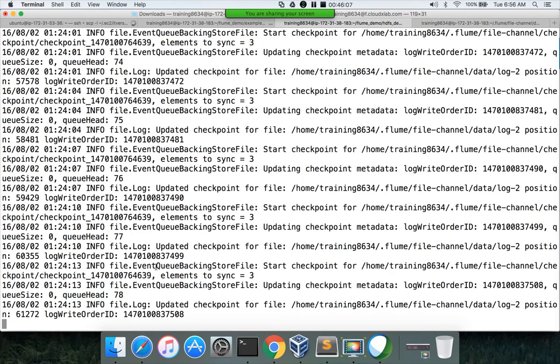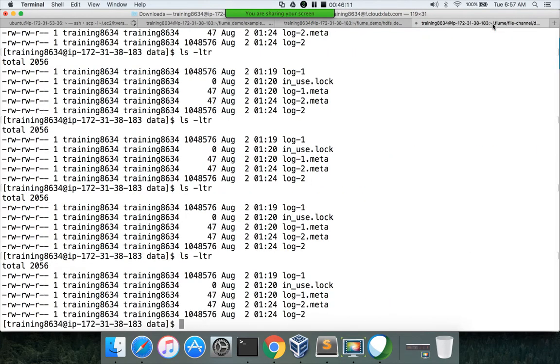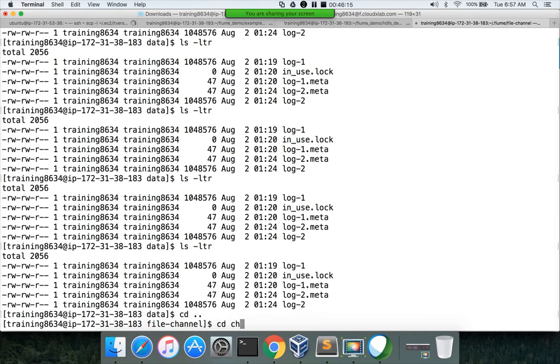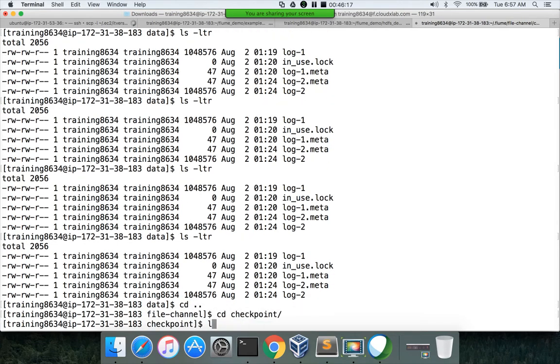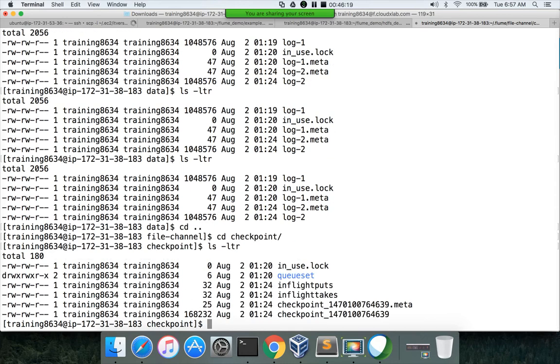Is it running? Yeah, still it is running. So somewhere it is doing something internally which I am not completely aware of. And there is a checkpoint directory also in this, and there are some queues internally maintained. We don't need to worry much about what is the purpose of each of these things. It is primarily for its own purpose.